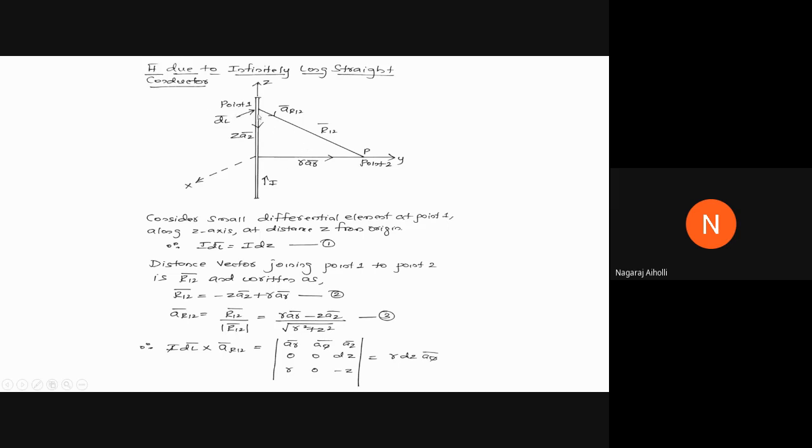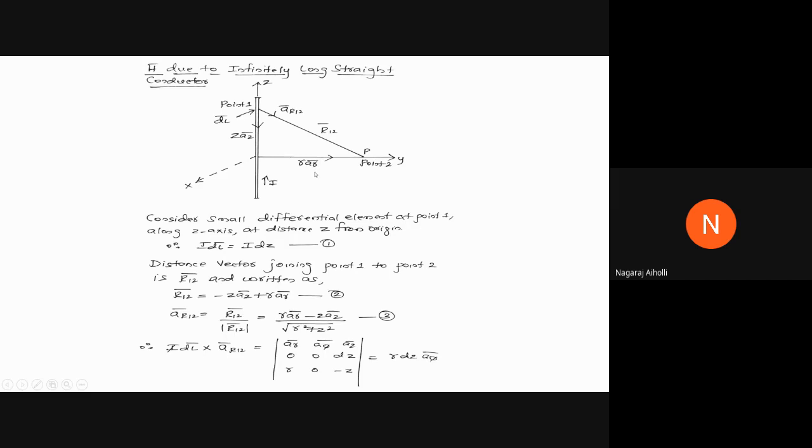Then we are considering from point 1 to the origin, that is Z AZ bar. As our point is here, we have to move towards that point. If we consider the Z axis, we will be moving downwards, from this point to this point, that is AR12 bar. Then we are moving downwards towards the point P. Then R AR bar is also towards the point P. The magnitude is R from the origin to point P, a perpendicular distance, and the vector is AR bar. Okay, it is the radial vector.